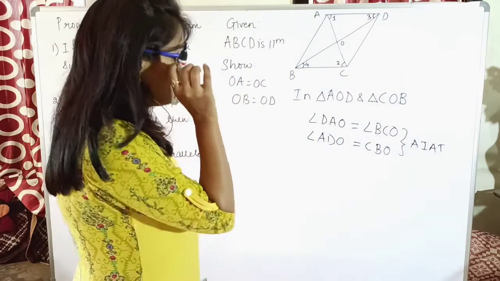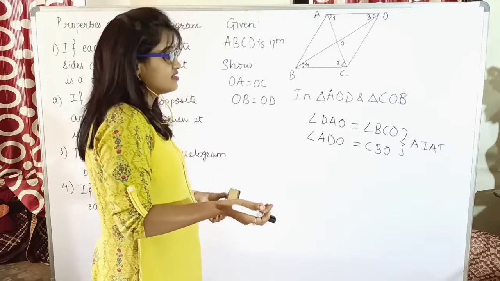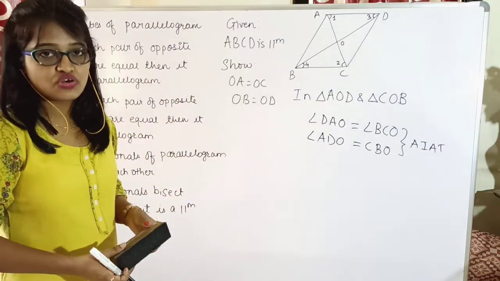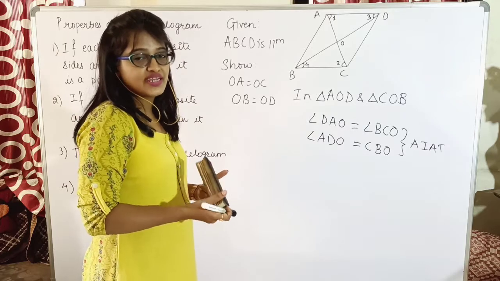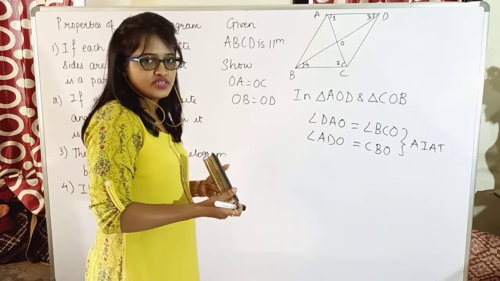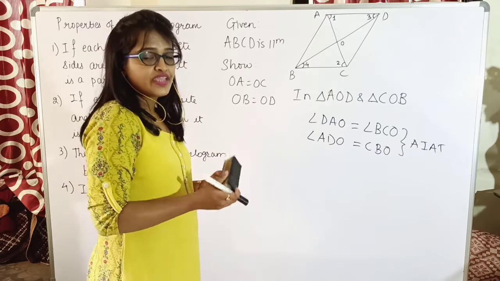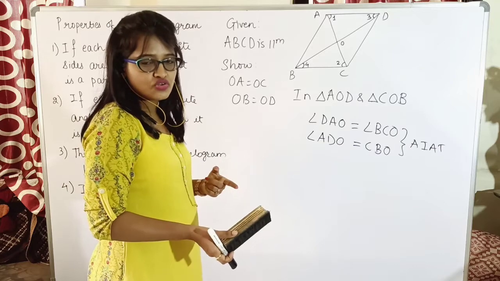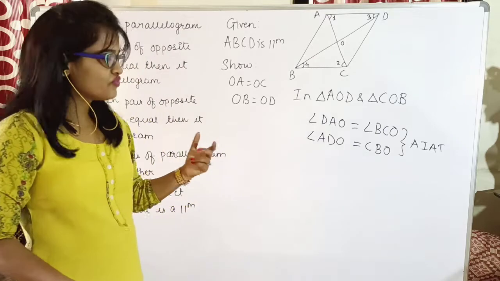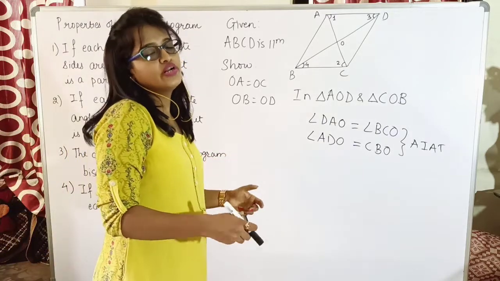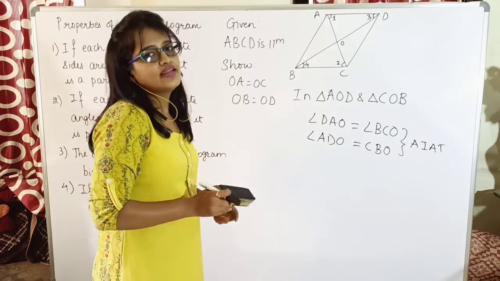Okay, now two angles I have, definitely I should be needing one side, because if I take a third angle, as we know, AAA congruency is not valid. So if I am taking two angles, I want the third one to be a side, and does that side have to be included? Or what if it is not included? Is it still valid or not? As you have seen, ASA congruency, whereas AAS is also applicable and SAA is also applicable. So if you are taking two angles, you have to take one side, and that side could be included or not. That doesn't matter. But when you are taking two sides and one angle, the angle has to be included.